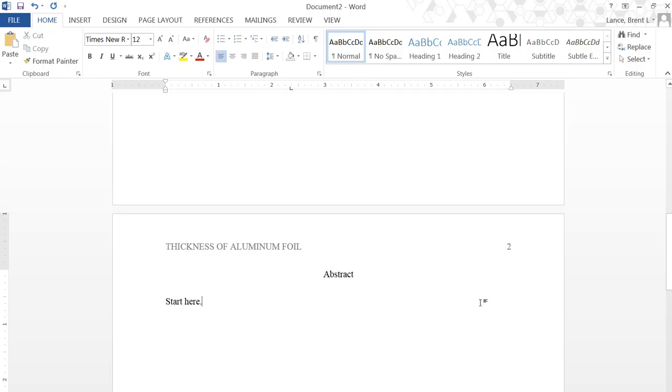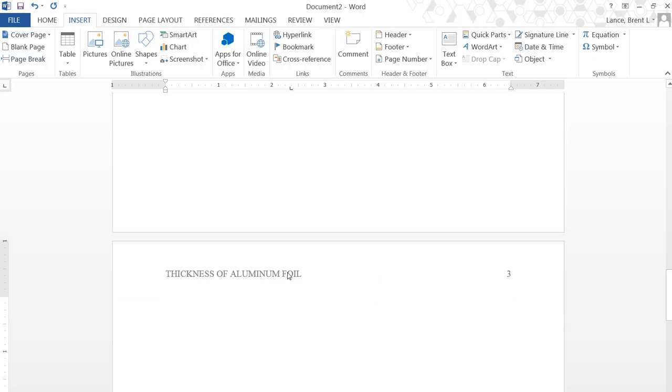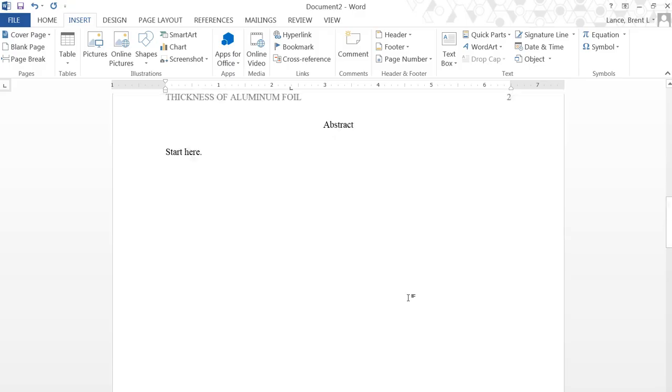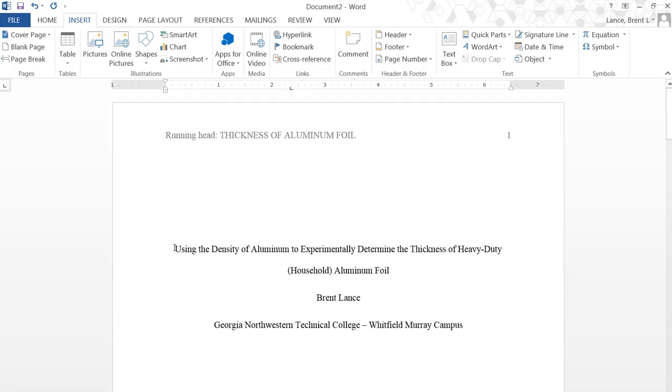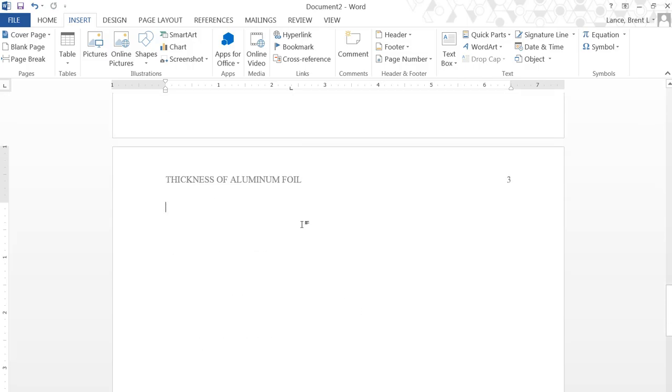Let's say you type your abstract, and then your abstract gets its own page, and then you go to Insert, another page break, and you're going to be on page 3. This is where you'll start actually typing your introduction to your lab report. And so before you start anything on page 3, the full title that you used on your title page starts it off. So I'm going to copy my whole title there, and I'm going to go to my page 3, and I'm going to center that. So I'm going to go to the center there, and I'm going to Control V to paste that,